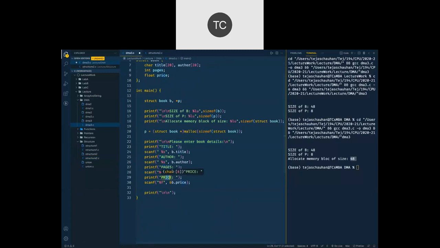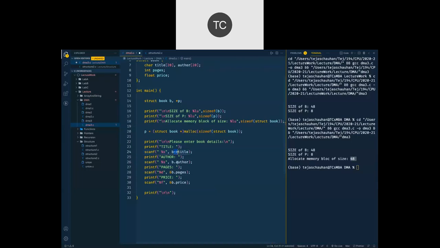But remember, using P we are going to ask the user to enter those data, and P is a pointer variable. So whenever you have a pointer to the structure, instead of dot, you need to go for the arrow operator, right?